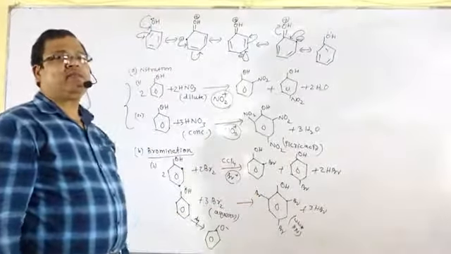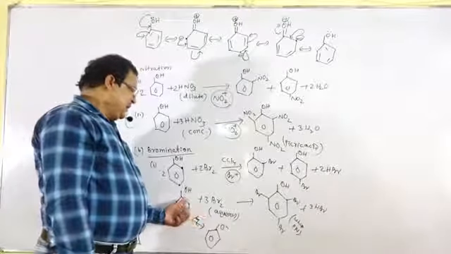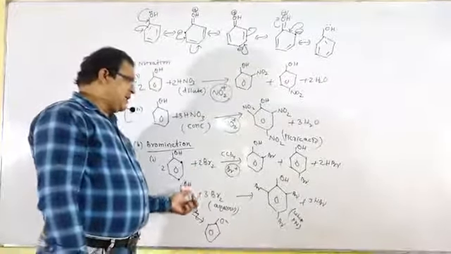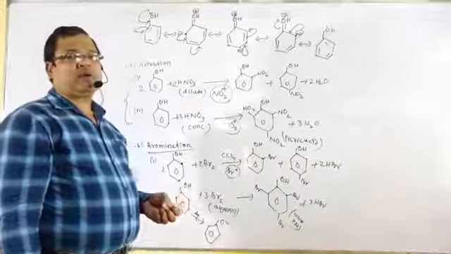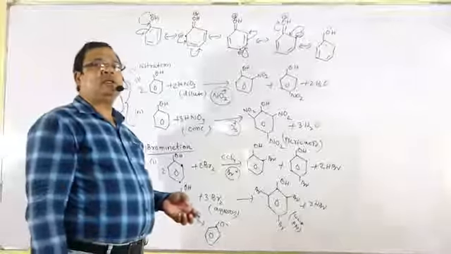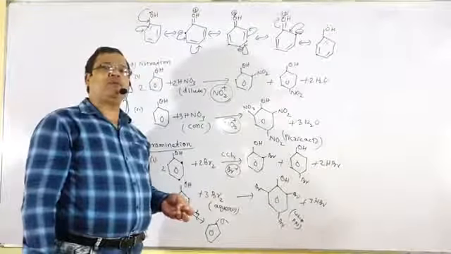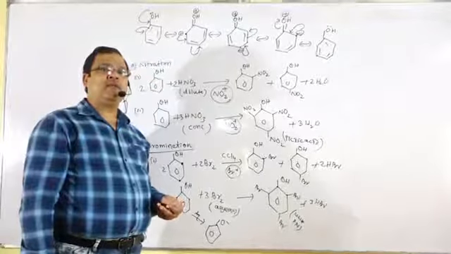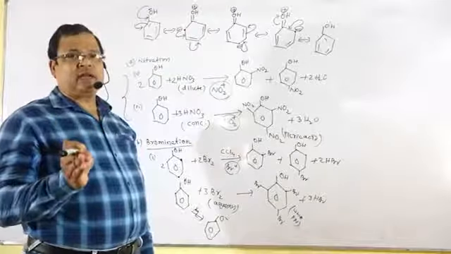This is the reason. The question that may occur is, when phenol is treated with bromine in CCl4, only ortho and para product is formed. But in aqueous medium, all the ortho and para positions are occupied to form 2,4,6-tribromophenol, which is a white precipitate. Why? Because phenol in aqueous medium will produce phenoxide ion.